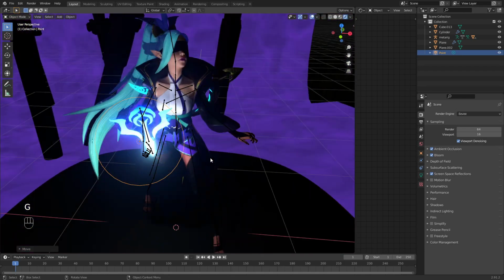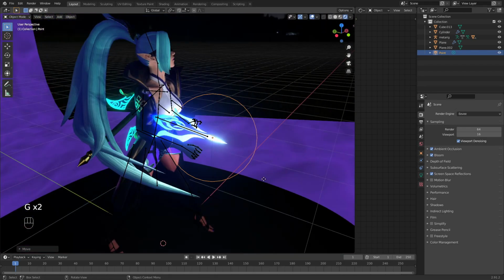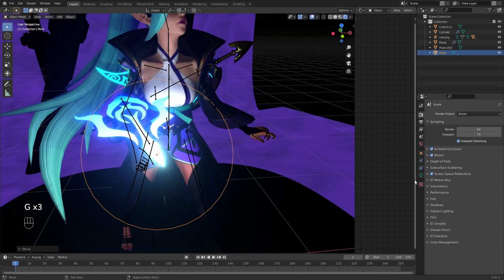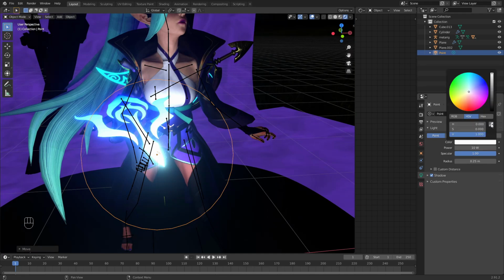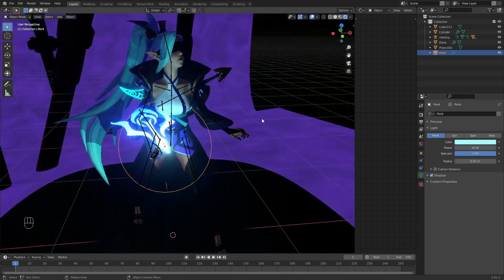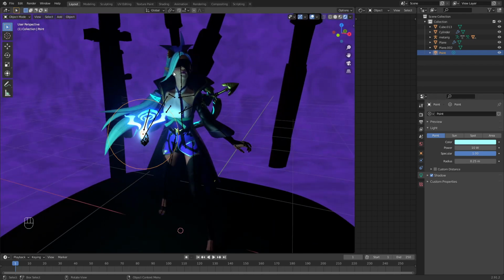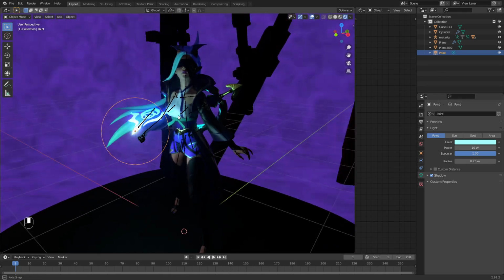So what you can do is use a point lamp, take the color and copy that blue shade,